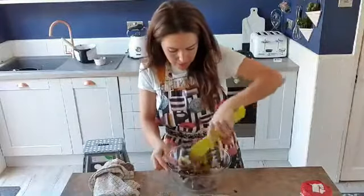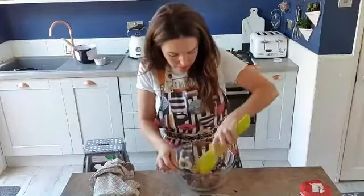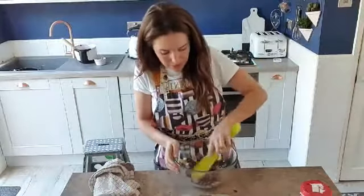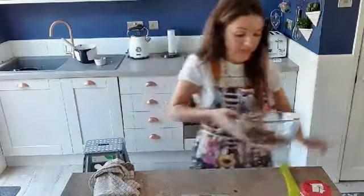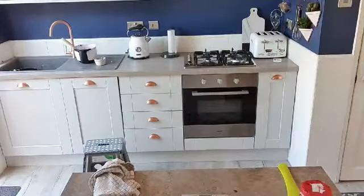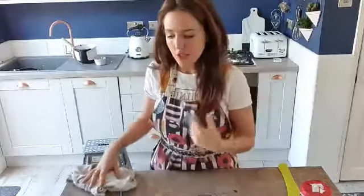Because as it starts to melt, the heat from the bowl is going to keep it melting. It doesn't happen so much with a glass bowl. And if you're nervous, the best way to melt it is actually over a bain-marie. But you can melt it in the microwave if you just take your time and you're careful with it, which is what we're going to do. We're going to be careful, we're going to take our time, and we're going to do it very